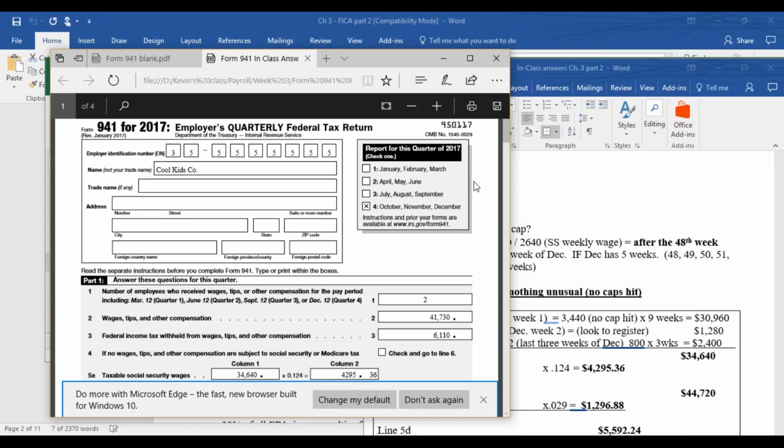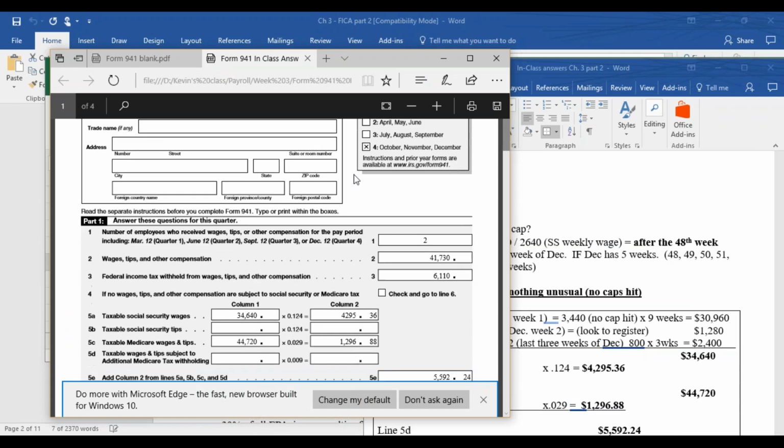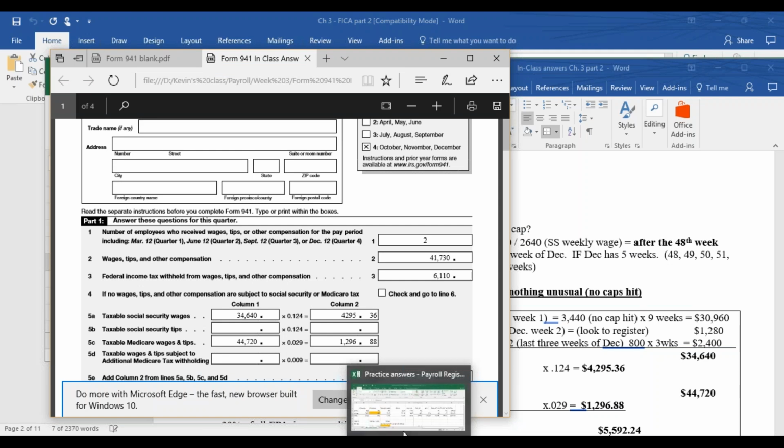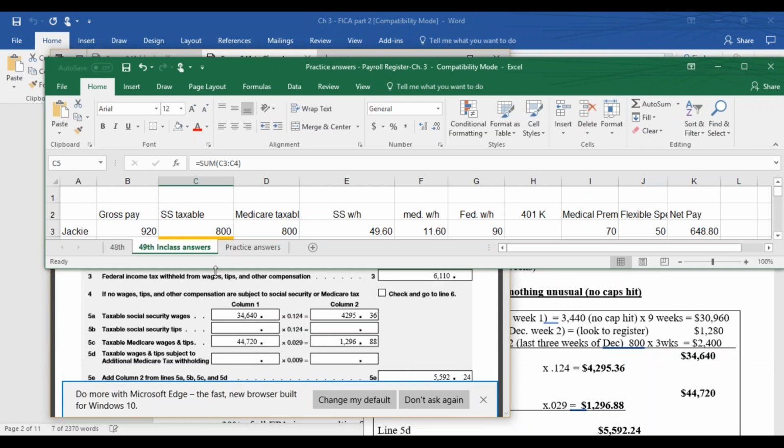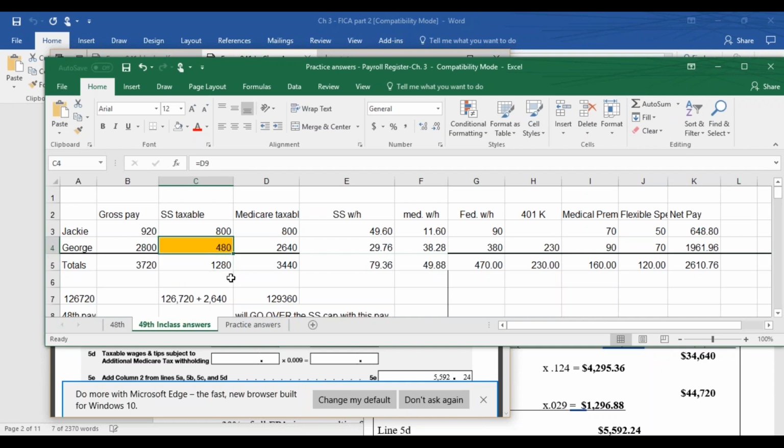Line 5, not of the 1040, of the 941. Line 5 right here says, what is our taxable Social Security wages? Well, I can't simply look at my payroll register and say 1280 times 13 weeks, because that 1280 only includes a little portion of George's Social Security for this weird 49th pay where he hits the cap. So what I highly recommend you do is copy and paste this entire schedule that you just did,